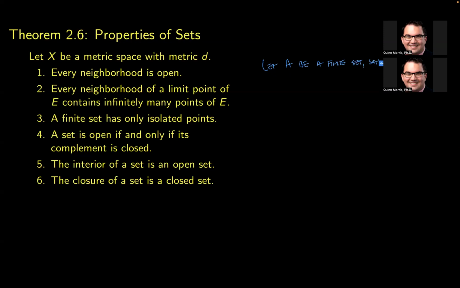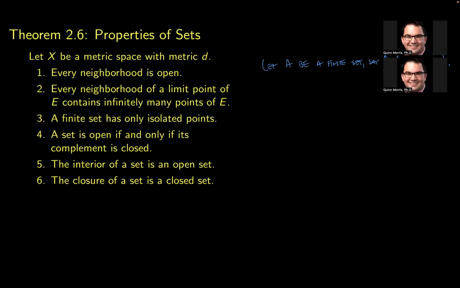In that case, I could write its elements as A1, A2, up to however many elements it has, AN. There's only finitely many, so I can write down a list that has them all. So I have my finite set,